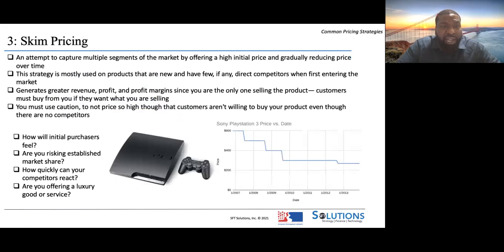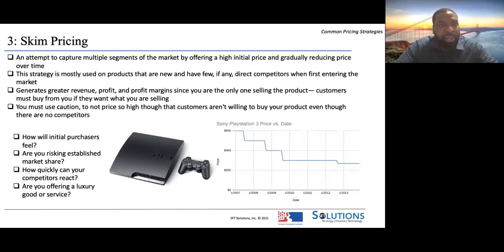The next pricing strategy that I want to talk about is skim pricing. This is essentially starting the price of the good out really high, and then over time, gradually bringing it down. So this is popular in the video game market. Anytime the PlayStation comes out at a ridiculous price point, and then gradually over the course of the next couple of years, they're trying to move more units. So they sell it for progressively lower prices, right?